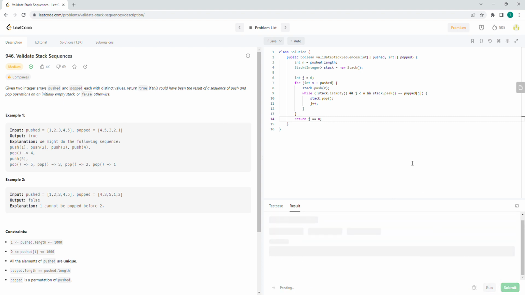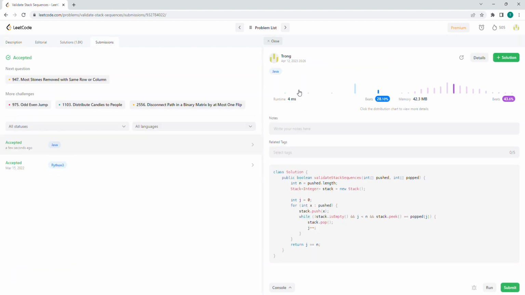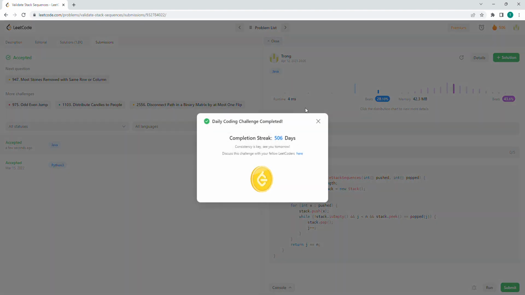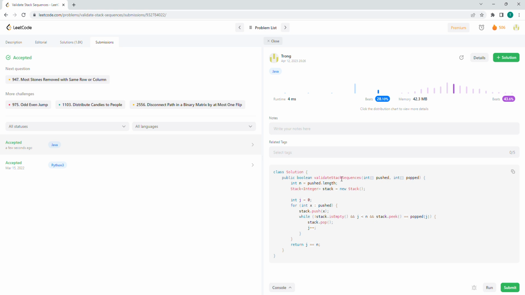All right, so from what we can see so far, time complexity is big O of n, where n is the length of the pushed and popped arrays. Either way, we can iterate through pushed. We can do the opposite as well by doing n equal to the length of popped, and then instead of pushing, we pop it, and then instead of popping the stack, we could push it right here. Space complexity is also big O of n as well because we have the length of the stack